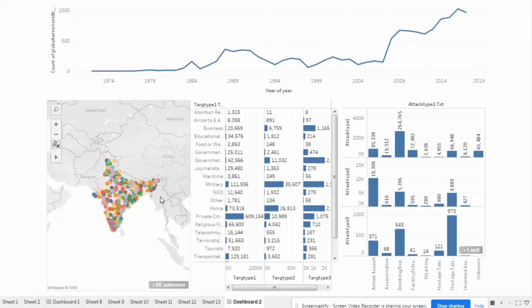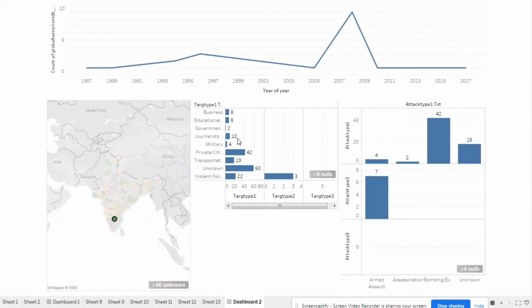So this is how the analysis works, and you can select any city. Let's say, let us take Bangalore for example, right? And see in what year, how much, what is the peak. In 2008 there were 9